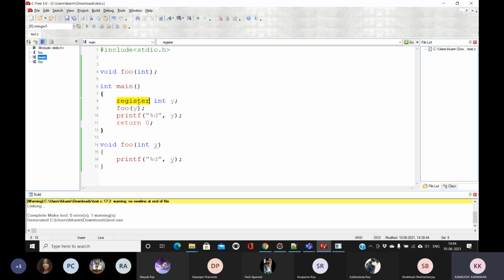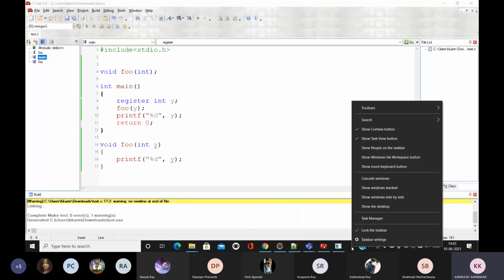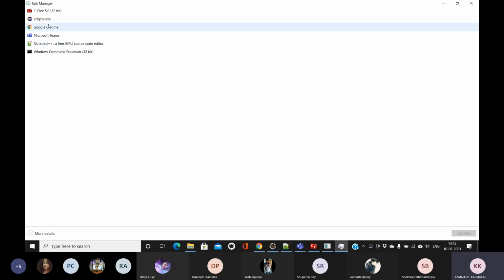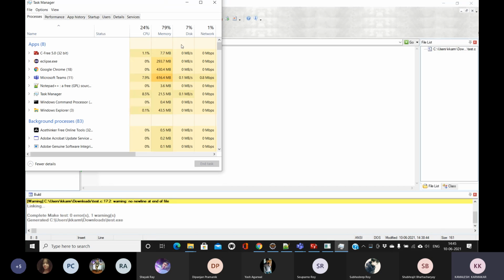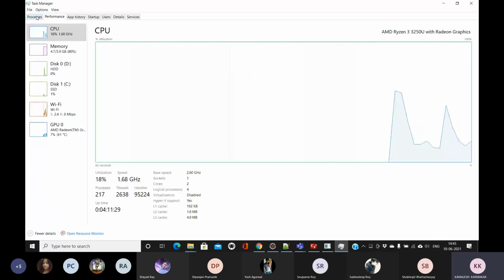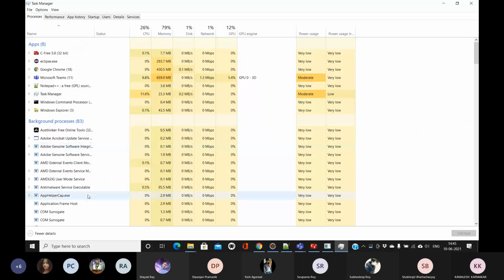In my system at this moment, not only the C program is running. Some other applications and system applications are also running. If I open the task manager, you can see lots of other processes running on my system.